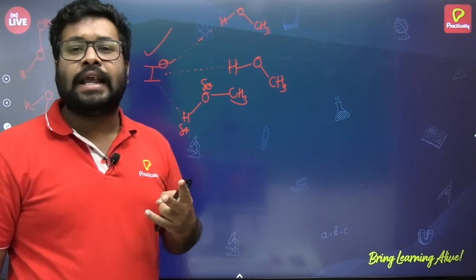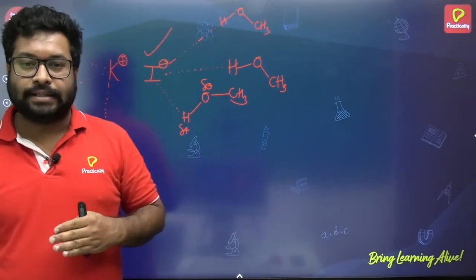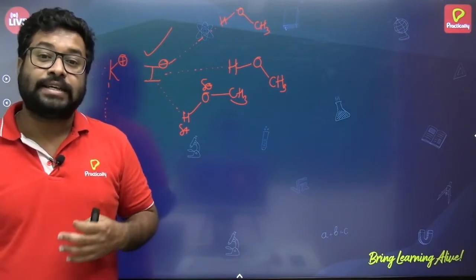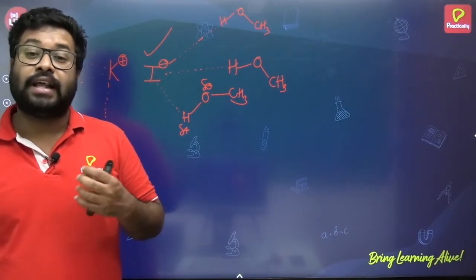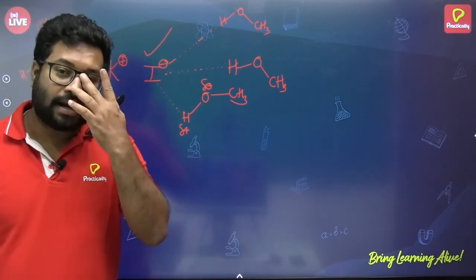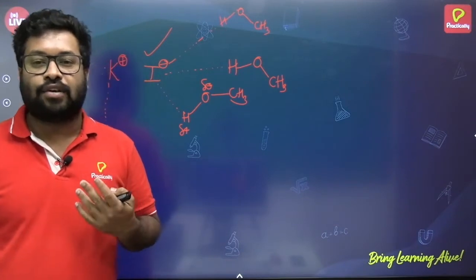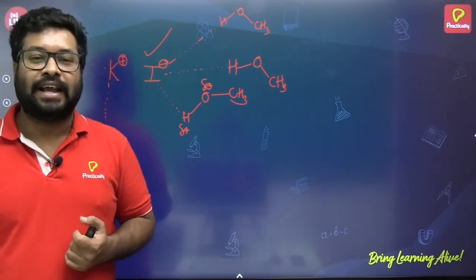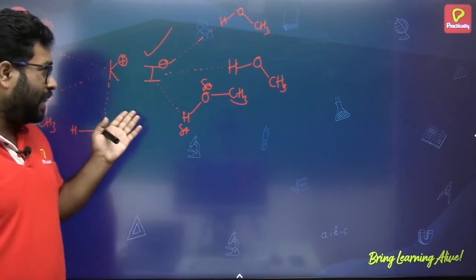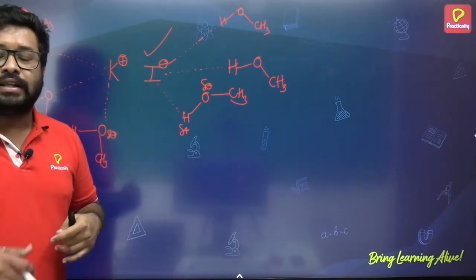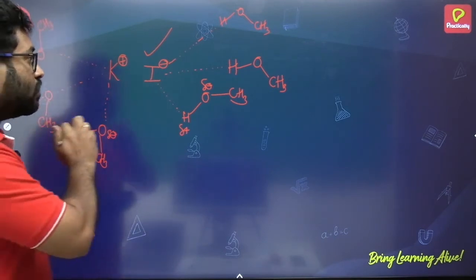Secondly, solvation actually decreases the effect, or I would say the intensity, of the negative charge that the nucleophile has. And if the intensity of the nucleophile decreases, obviously the rate of reaction would naturally get affected. That is why if you take KI in a polar protic solvent, the rate would not be that high. However, when I took acetone,